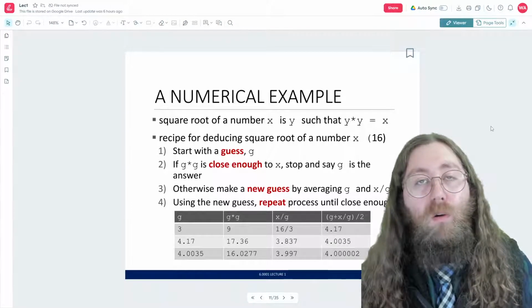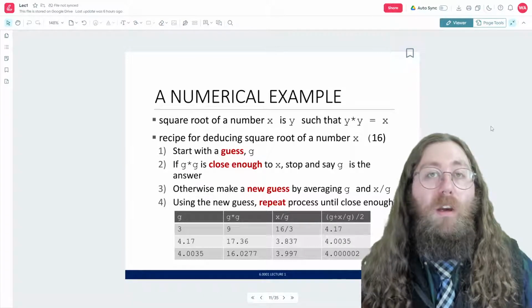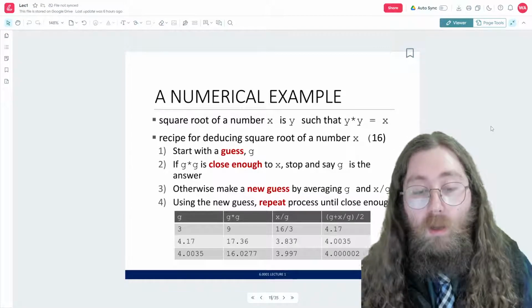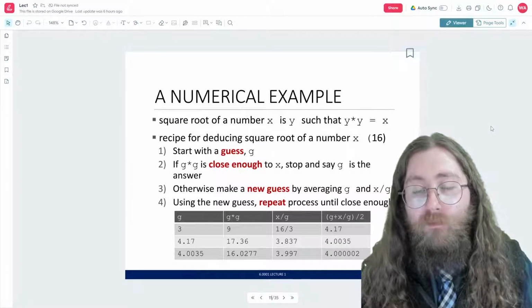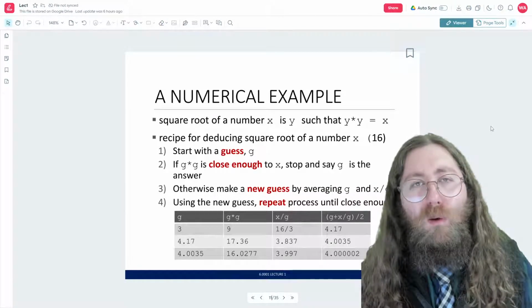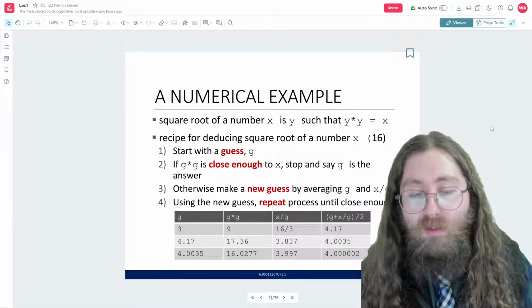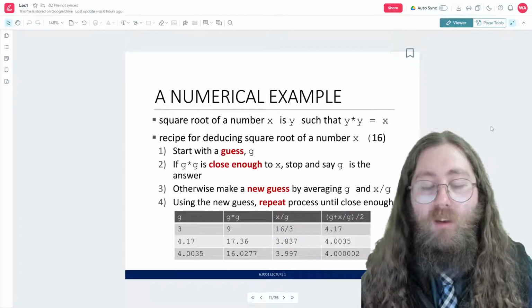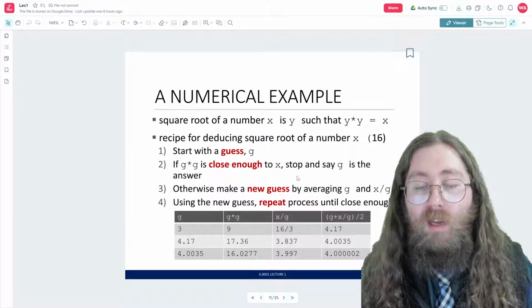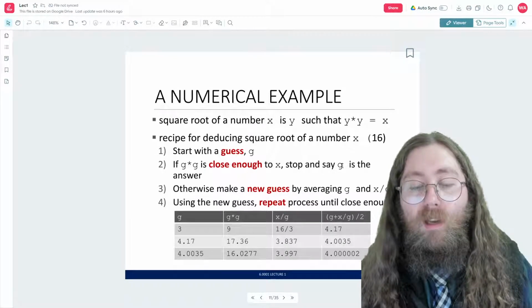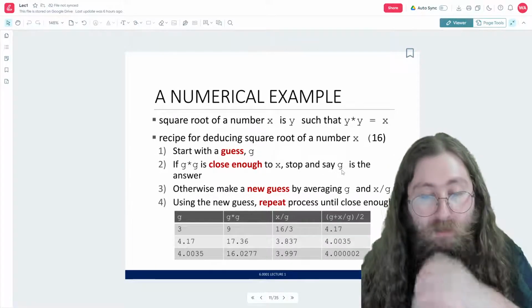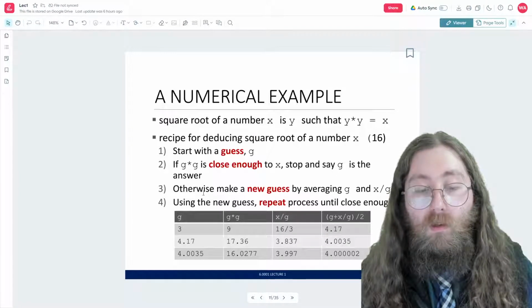There is this algorithm for coming up with a square root of a number. You start with a guess, and maybe it helps to know what the square root is already, but you start with the guess, g. And then if g times g is close enough to x, we stop and say g is the answer, right? That's just the definition of a square root.